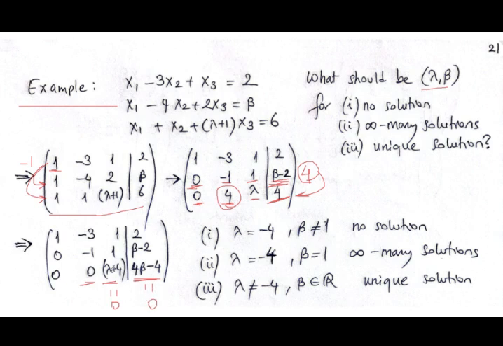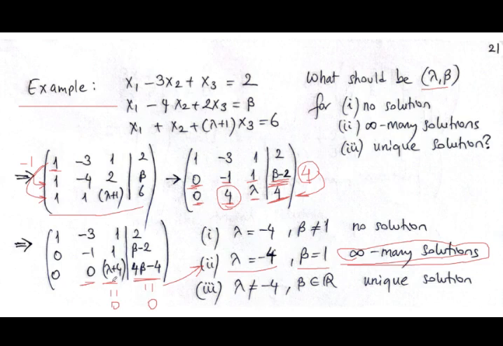If both lambda plus 4 equals 0, which means lambda equals minus 4, and 4 beta minus 4 is also 0, which is beta equals 1, then that will give me infinitely many solutions because the last equation effectively will be useless for us. It doesn't give any information. So I have 2 equations and 3 unknowns in this case. And that's the infinitely many solutions. But what about